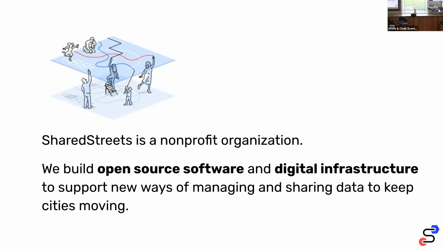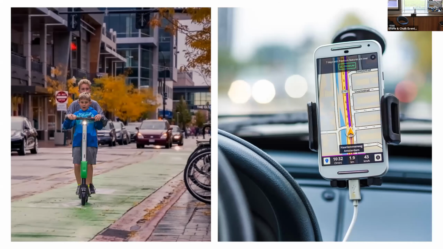And data is really important for this. We've seen so many changes in transportation over the past few years, where we have scooters, rideshare, and e-commerce taking off, and all of these new devices on our streets, many of which are emitting geographic location. So it's really never been more important for cities to be able to work with maps, understand where things are going on, and manage all of these different modes on their streets.